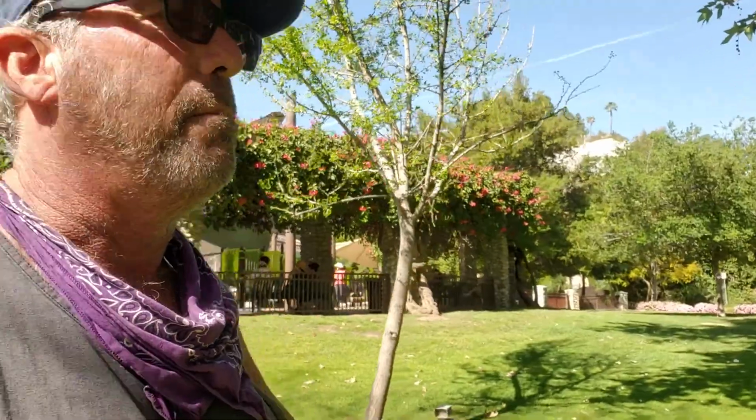And if you go further, this is where Beverly Drive, when it exits the park, it becomes Coldwater Canyon. And Coldwater Canyon is a major thoroughfare to the San Fernando Valley. So this is kind of the border, and we don't want to get lost here. This is the border of the San Fernando Valley and Beverly Hills. So if we go behind us here, we would take Beverly as it's becoming Coldwater,